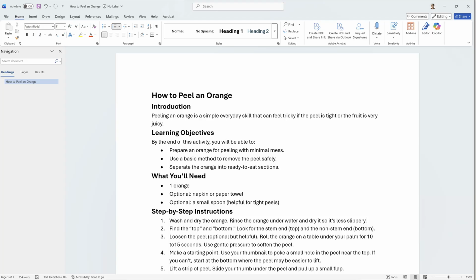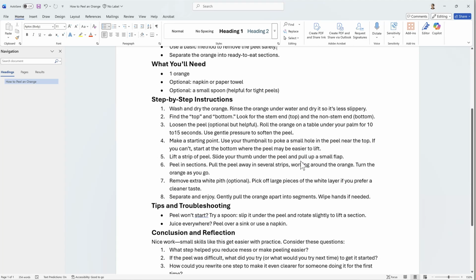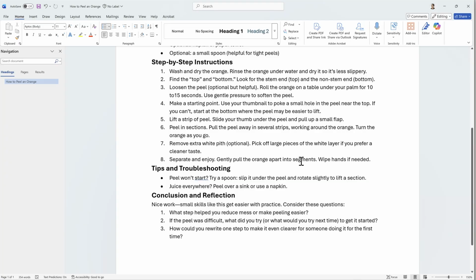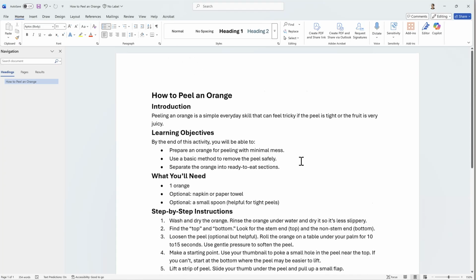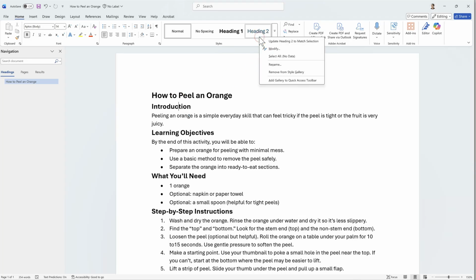Scrolling through the rest of my document, I have 6 short sections that should be heading 2. If any of these were further divided into subsections, I would use heading 3 for those, and so on. I'll place my cursor in the text for the first heading 2. Since my text is already visually styled, I'll right-click Heading 2 in the Styles panel and select Update Heading 2